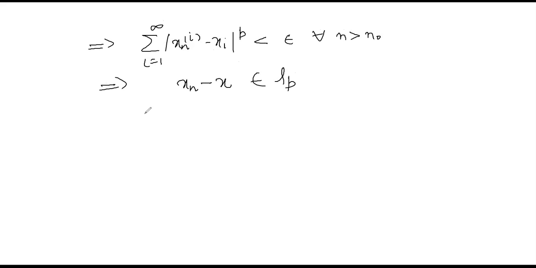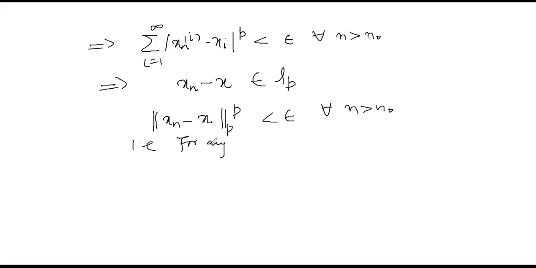One thing we learned. The other thing we learned is that the norm of xn minus x in the p-norm is less than epsilon for all n greater than n naught. That is, for any epsilon positive,